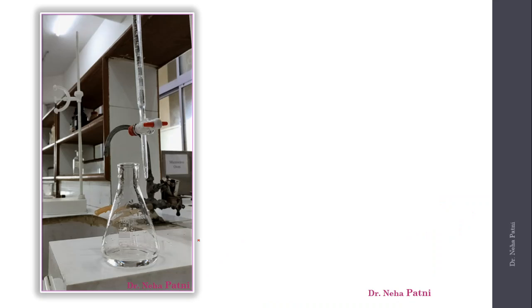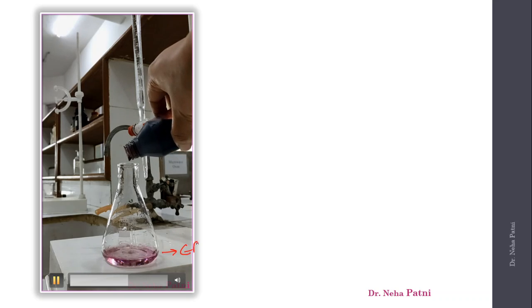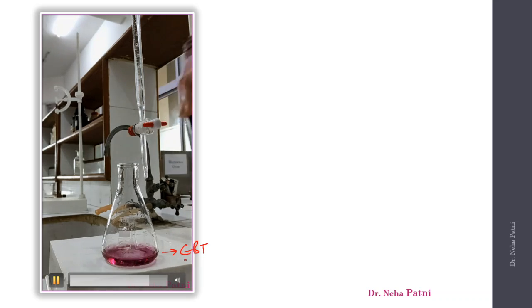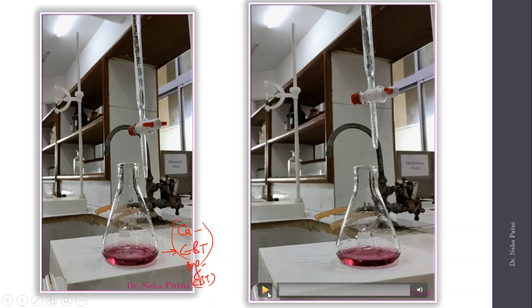Now next step, obviously I think you remember, now we have maintained the pH, we have to add 2 drops of EBT. So the color will immediately change as soon as I add EBT. I hope you remember, it becomes wine red because the calcium EBT or magnesium EBT complex has been formed. So the moment EBT enters the flask, it becomes wine red because the complex has been formed. That means your hardness is now locked in with respect to your EBT. Now your main process gets started.